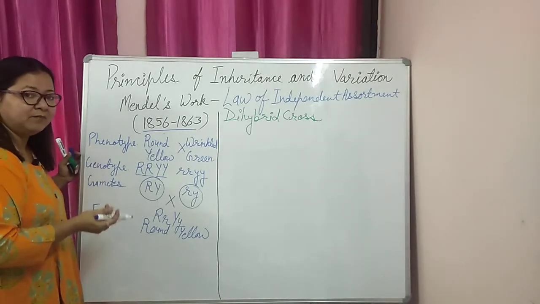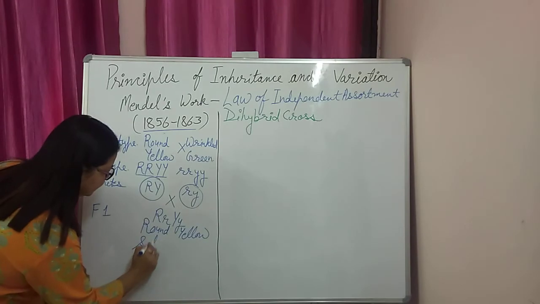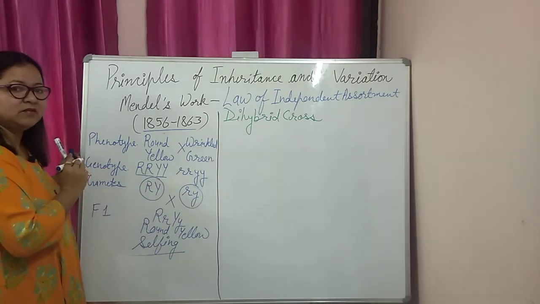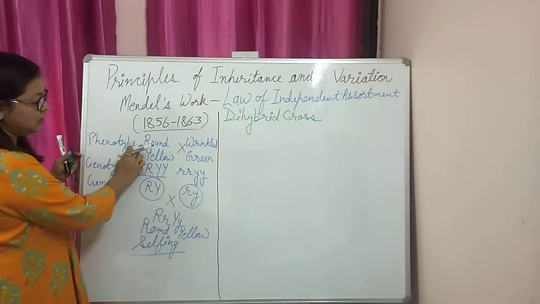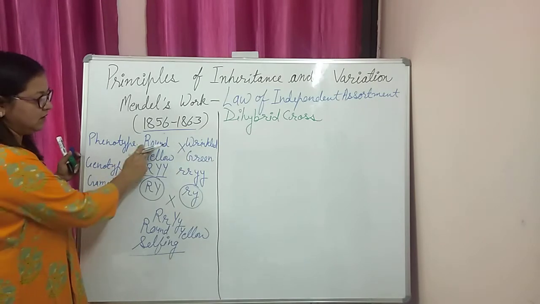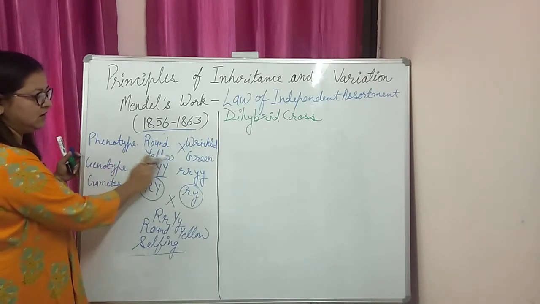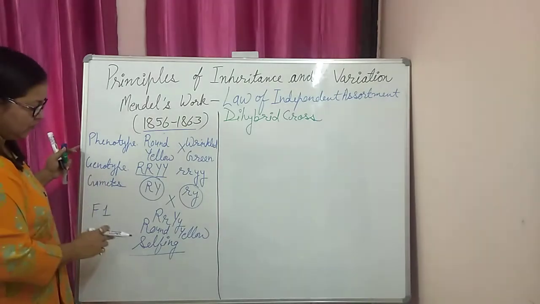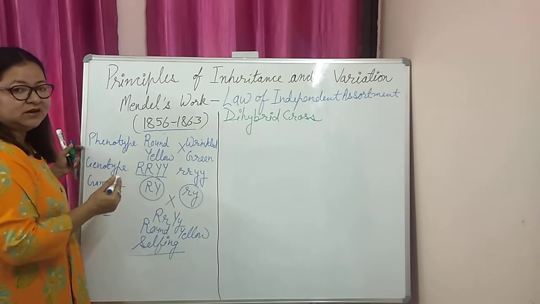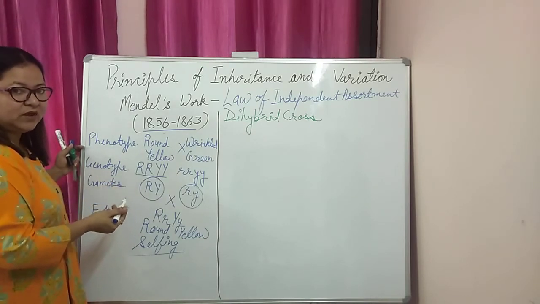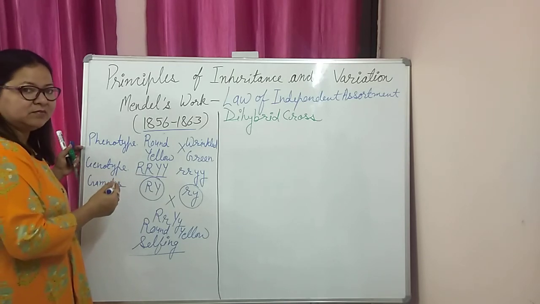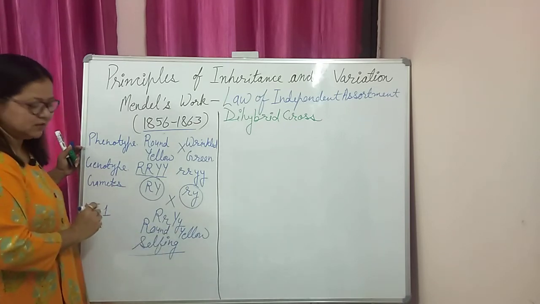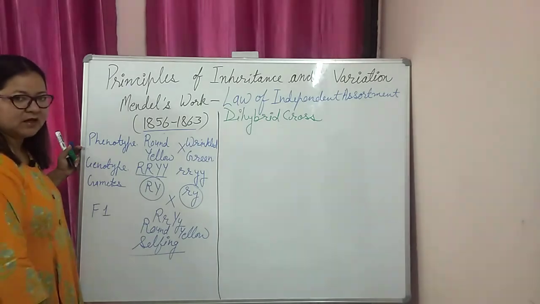Now what will happen when we go for selfing in F1 plants? What will be the basis of inheritance of these two pairs of characters? One pair we have taken is round and wrinkled, the second pair of characters is yellow and green. Then he observed a very surprising ratio, and as he used a statistical way to express it, as I previously explained, we can use the Punnett square. So we can go through that method, how the gametes will form in this F1 plant.